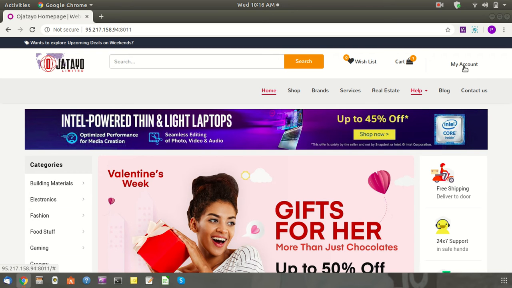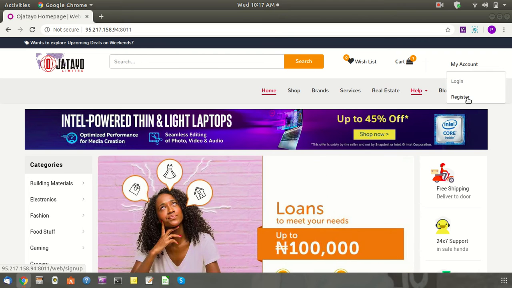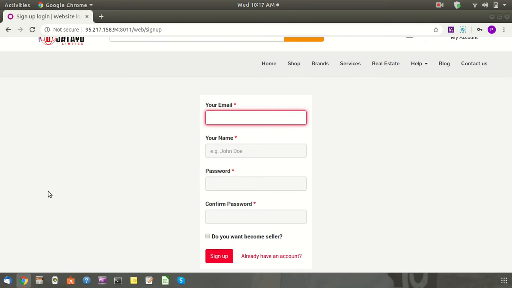First, suppose I'm trying to create an account as a vendor. For that I need to register in this company. Now it is asking for my mail ID, name, password, confirm password, and whether I want to become a seller.